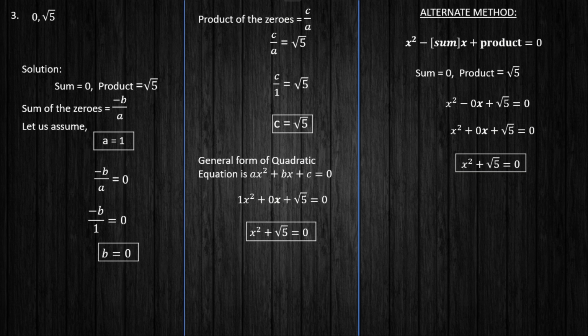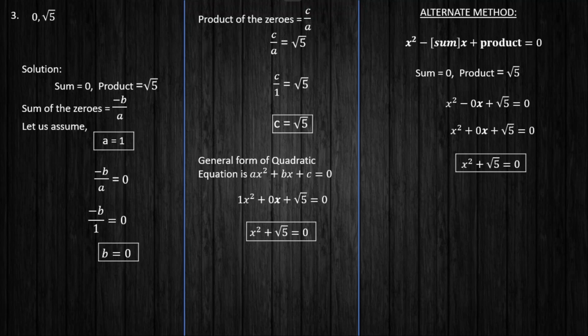Why I have used one more sentence here, that is x square plus 0x plus root 5, is because we already know 0 is a neutral term, it doesn't have any minus or plus symbol. Even if it has minus 0x or plus 0x, it's of no use, because 0 into any number or any variable will become completely 0 itself. So we can write the equation as x square plus root 5 is equal to 0. By comparing the answers in both the methods, we can see the answer is one and the same. So this is the method of constructing a quadratic polynomial when sum and product are given.